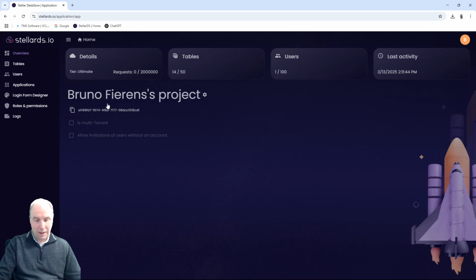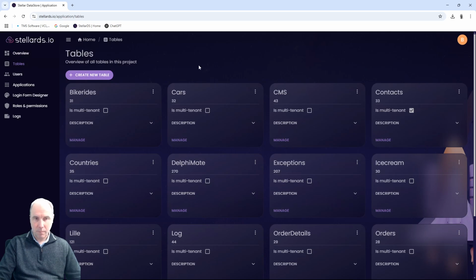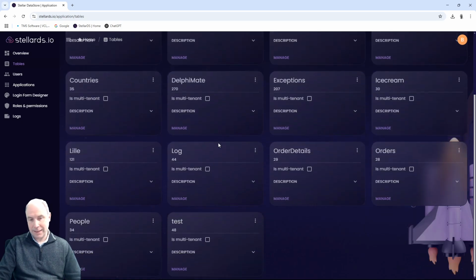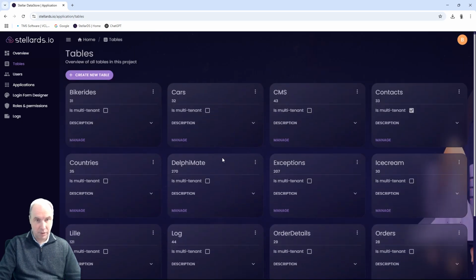Let's move to tables. The heart of StellarDS is, of course, tables in your account, the data in the cloud stored in tables. Everything is based on relational data storage as you are used to in typical desktop client-server applications. Here you can see that I have already a number of tables, and when we have a look at